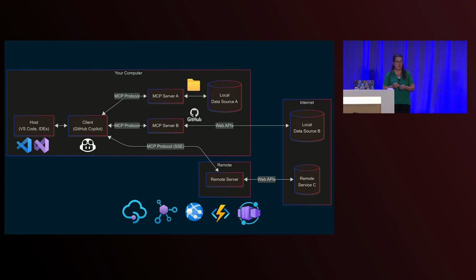So in our example, VS Code with GitHub Copilot will call all the tools and extensions that are already built into VS Code, but then leverage MCP servers for additional capabilities. MCP servers can both run locally on the machine, which is where we're going to start, but they can also run in the cloud as well, which is where we'll be at the end of this hour.